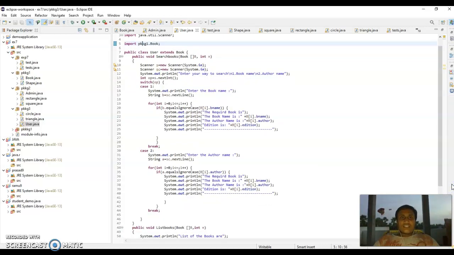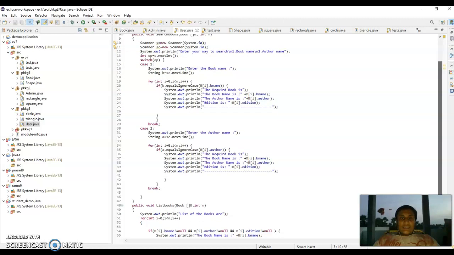for (int i = 0; i < n; i++), if b equalsIgnoreCase b[i].bname, System.out.println the required book is, System.out.println the book is b[i].bname, System.out.print the author name is b[i].author, System.out.println edition is b[i].edition, and break, case 2, System.out.println enter the author name,